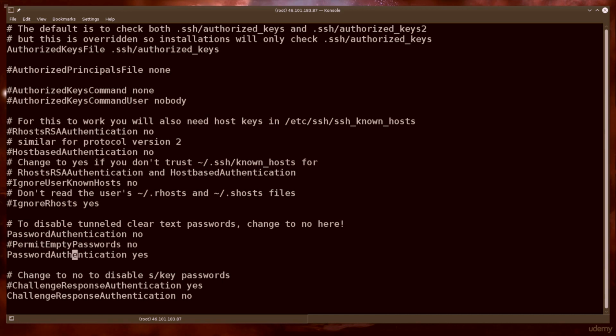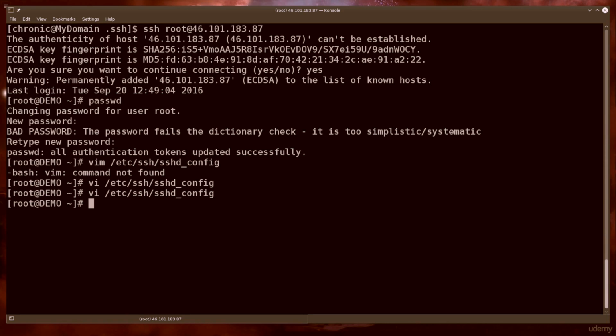And you can comment this line out. So apparently by default password authentication is allowed. So just comment out this line and reinstate this line and then just say no here, or just change this yes to no, whatever, it doesn't matter. You can do the same thing that I did. Then press escape, shift, then colon, then WQ to write and to quit, and press enter, and then type in